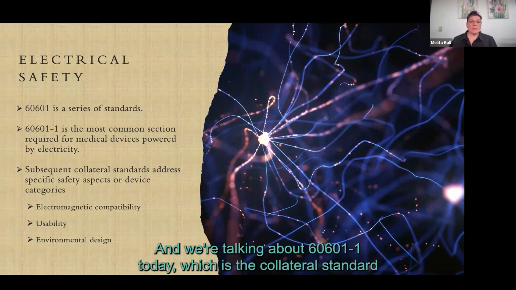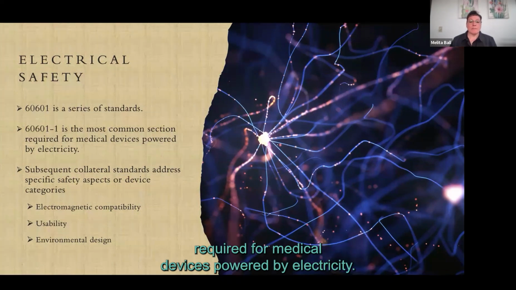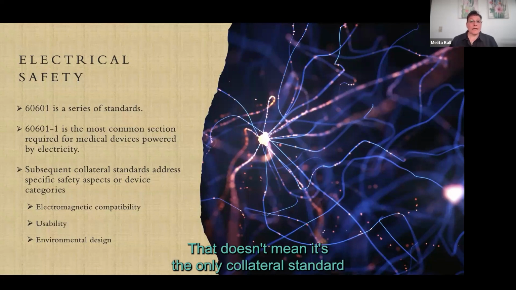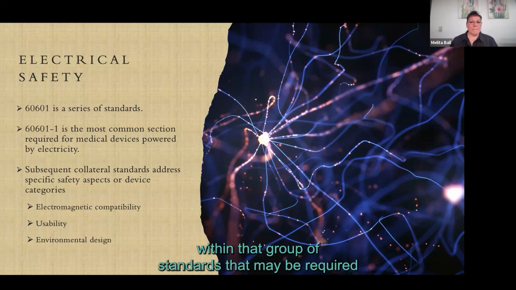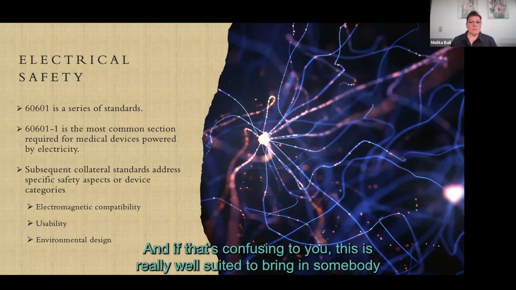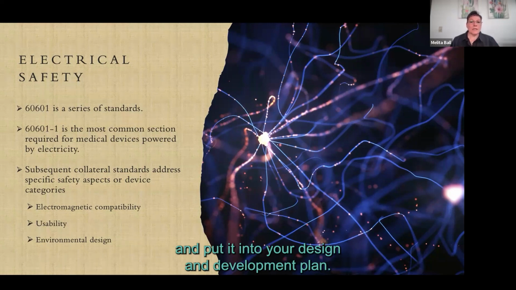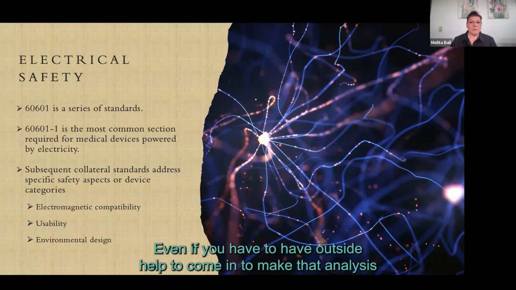And we're talking about 60601-1 today, which is the collateral standard, because it's the most common collateral standard required for medical devices powered by electricity. That doesn't mean it's the only collateral standard within that group of standards that may be required depending on the specifics of your device. And if that's confusing to you, this is really well suited to bring in somebody who knows what they're doing, who knows how to evaluate your device for these things and put it into your design and development plan, even if you have to have outside help to come in to make that analysis because it's going to save you time and money